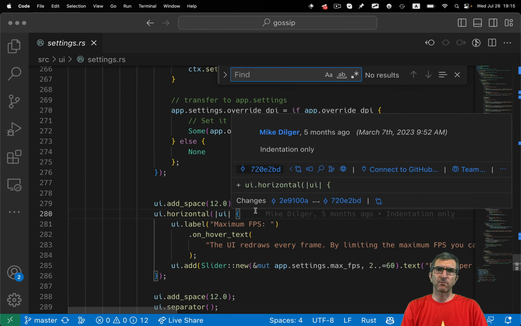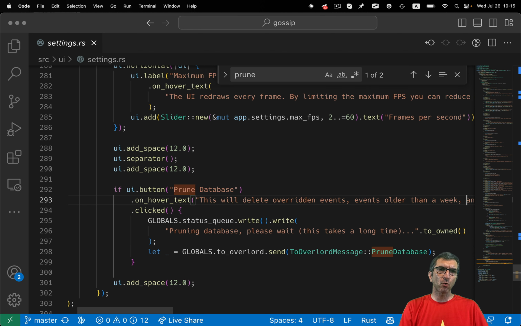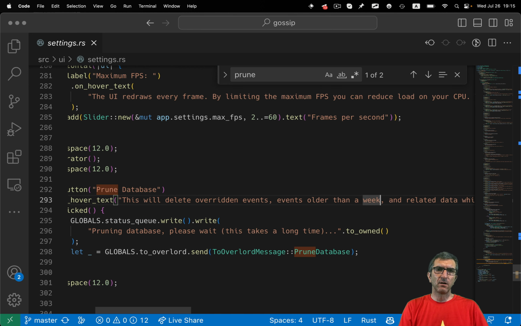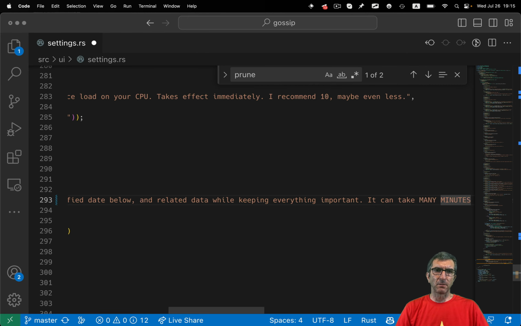We can search. Prune database. If UI button prune database, on hover text, show this one. This will delete overridden events, events older than the specified date below, and related data, while helping blah blah blah.